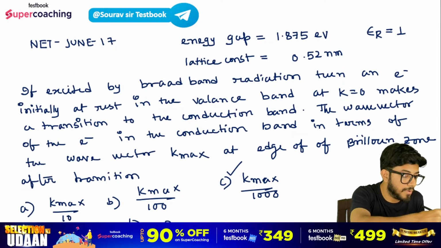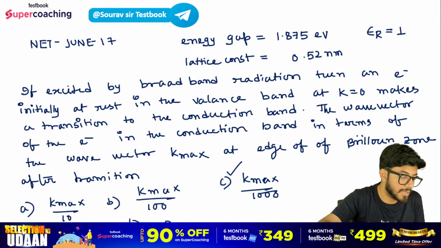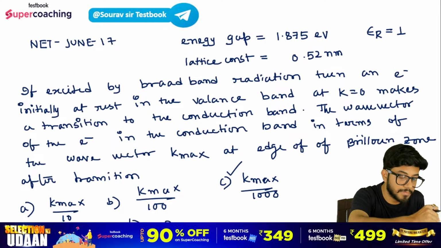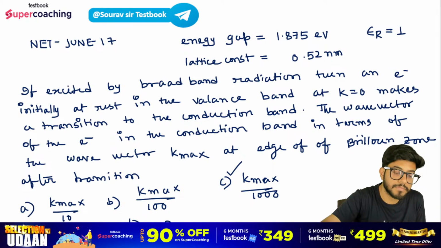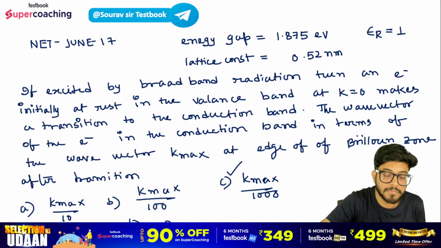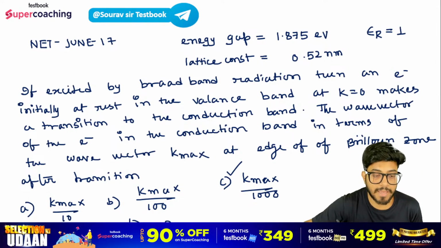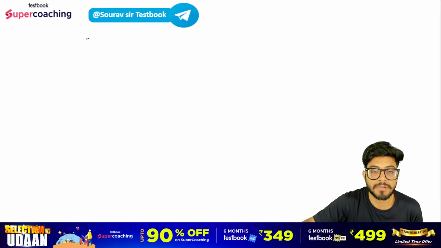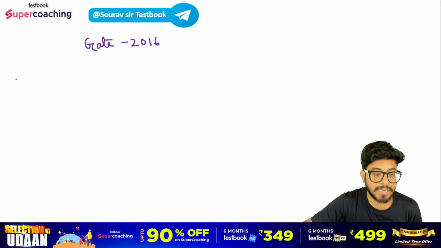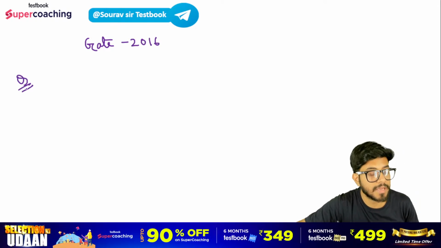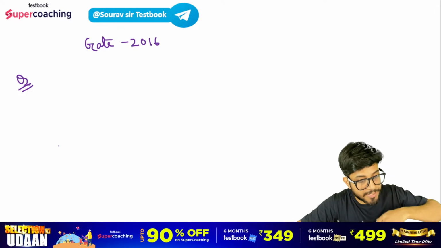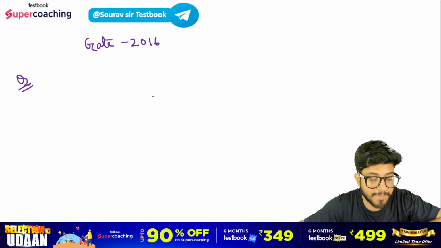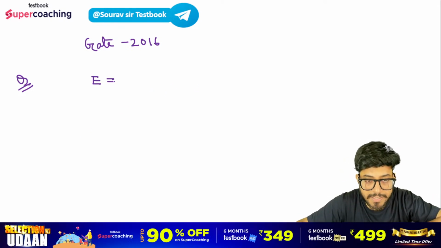इसके अलावा आप लोग एक दूसरा क्वेश्चन सॉल्व कर सकते हैं, जो गेट 16 में आया था। देखो गेट 16 का एक क्वेश्चन है। क्वेश्चन में कहा गया है कि एनर्जी वेव वेक्टर E के रिलेशनशिप नियर द बॉटम ऑफ द बैंड ऑफ अ सॉलिड कैन बी अप्रोक्सीमेटेड एज एनर्जी वेव वेक्टर रिलेशन। भाई मतलब E को K